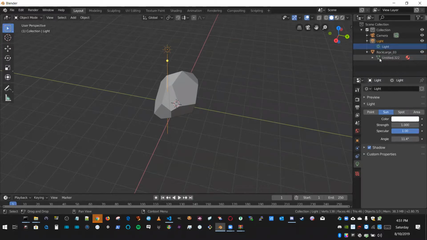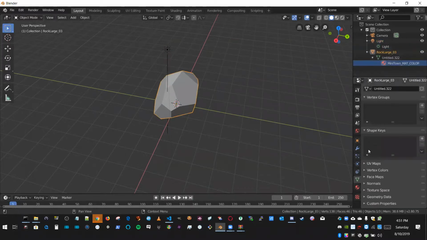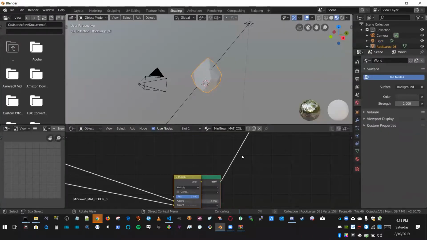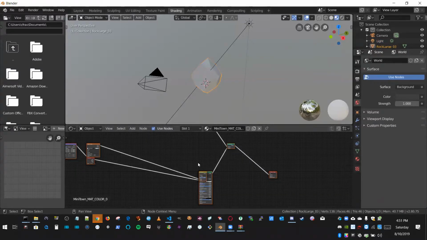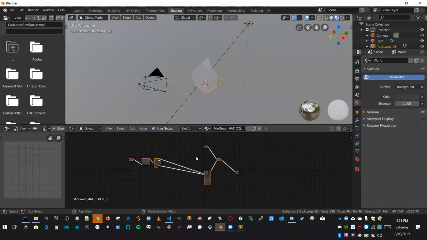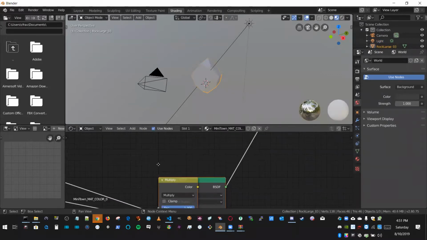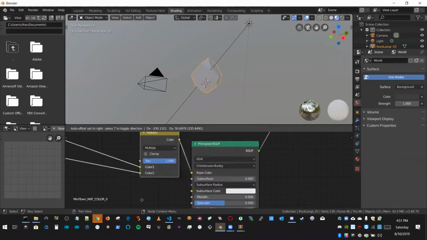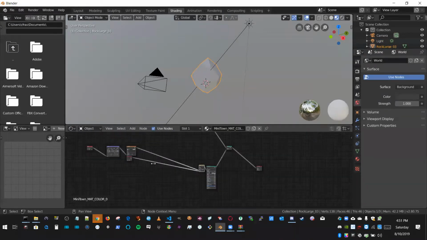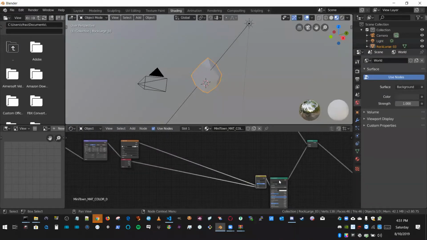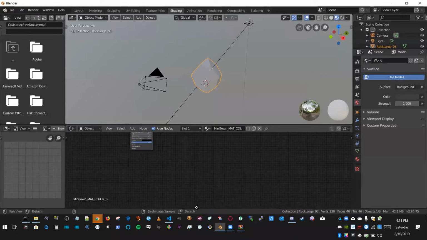The rock has a mesh. The mesh has a material. I'm going to go to the shading tab to work with that material. And here is the Cycles node structure that it came up with. It actually put one node over the top of the other. And it has a whole bunch of stuff out here that I don't think I care about, but the main thing I care about is the color that's being applied,